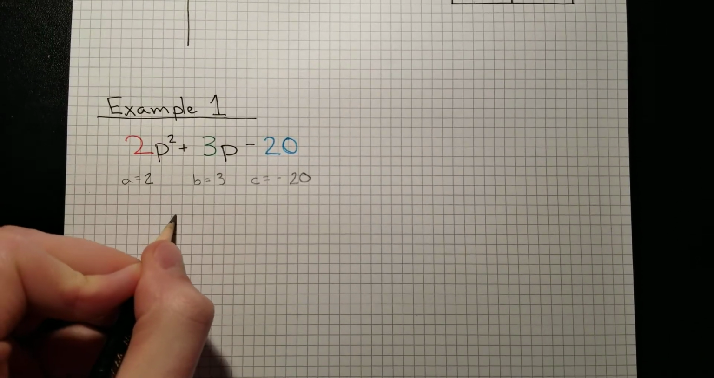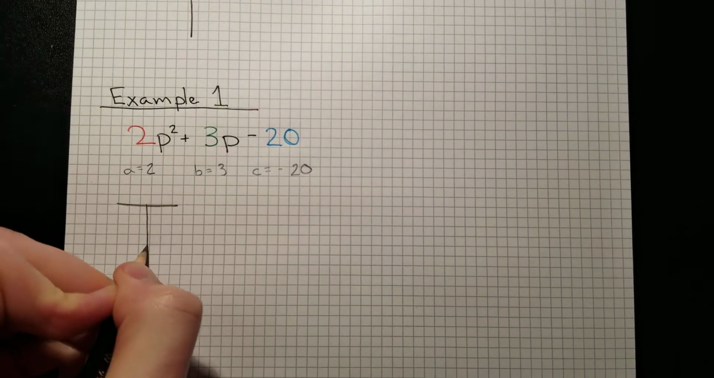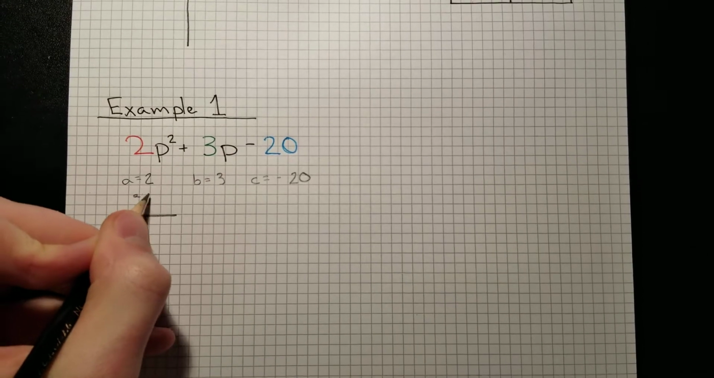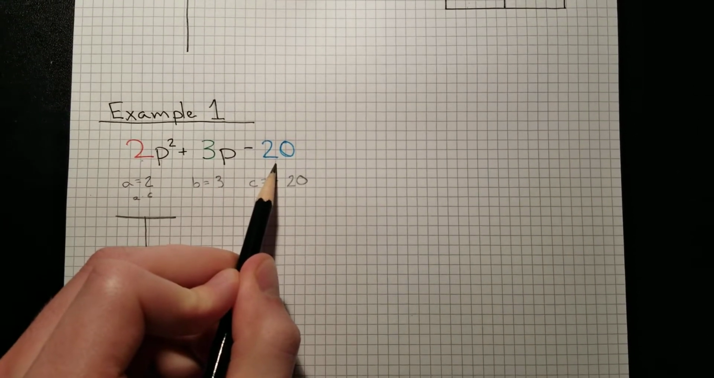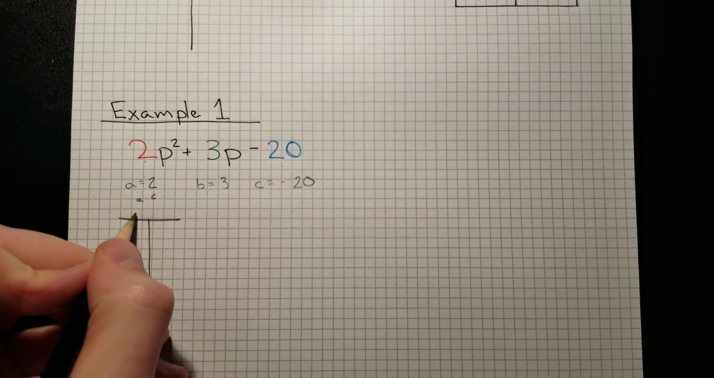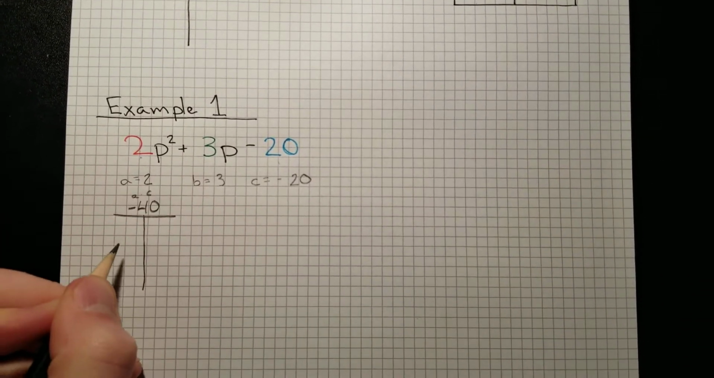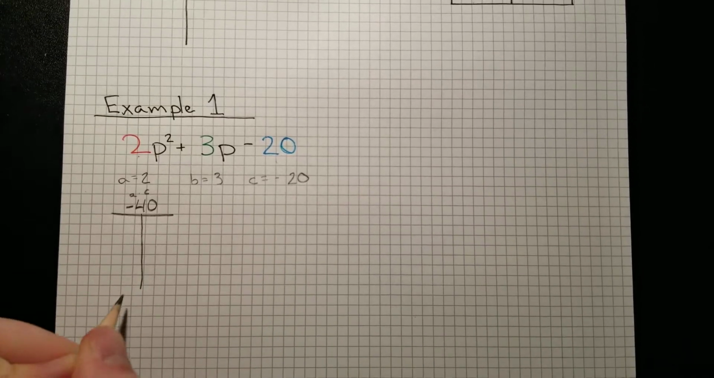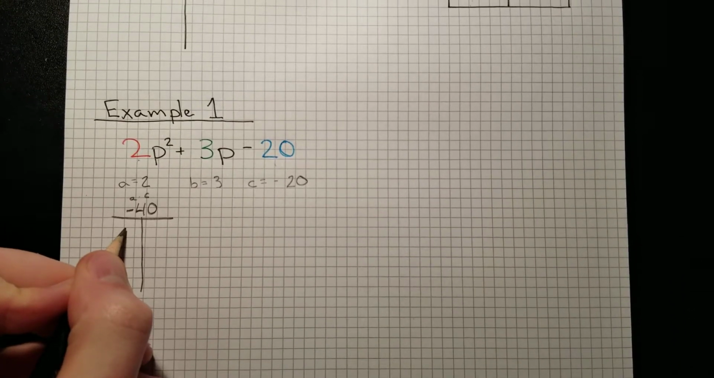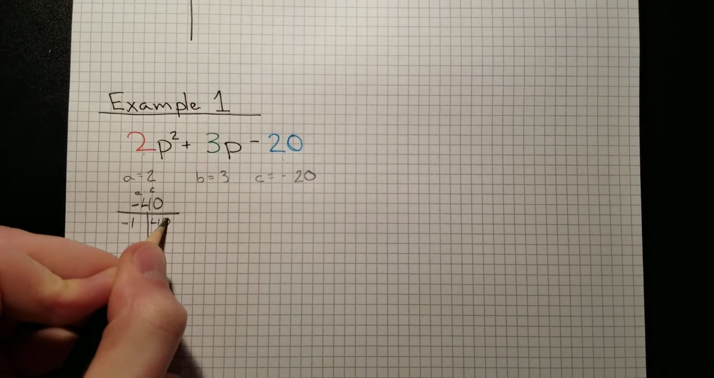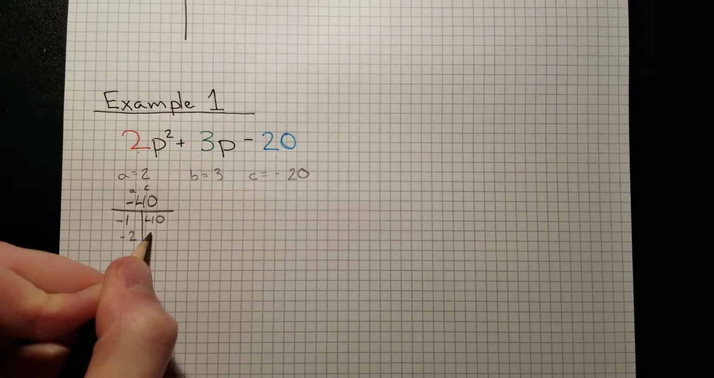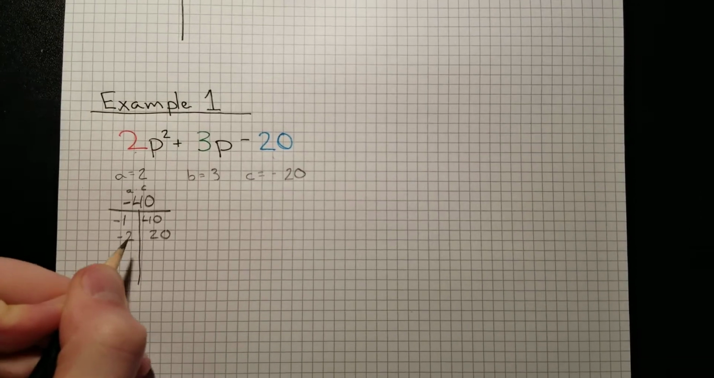So in this case, we're going to make that table. Remember, this is a times c. So we're doing a times c. A is 2. C is negative 20. So we've got to multiply 2 times negative 20. So that's going to be negative 40. And we've got to find different ways to get negative 40. So let's do, how about negative 1 times 40, negative 2 times 20,